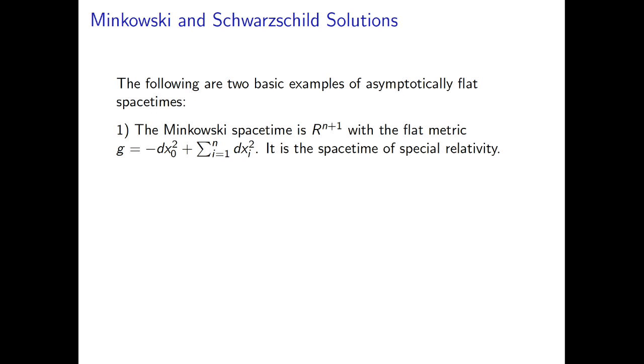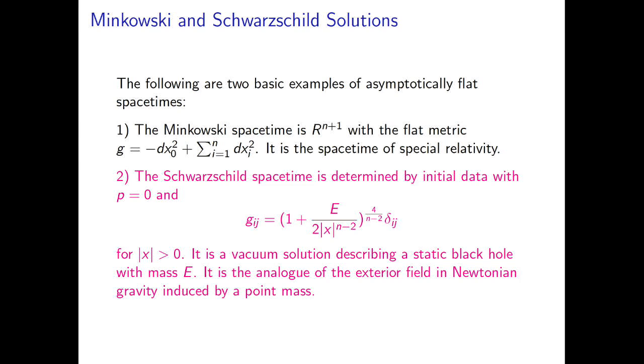And there are two basic examples in the asymptotically flat case. There's Minkowski space and the Schwarzschild solution, Schwarzschild spacetime. So Minkowski is just R^(n+1) with the flat Lorentz metric. And so if I take, say, the t = 0 slice, then it's just the Euclidean space Rn. And then the other one is the Schwarzschild spacetime. And I've written here the t = 0 initial data for the Schwarzschild spacetime. I've written it in conformally flat coordinates. So this is a conformal factor times the Euclidean metric, and it's defined on